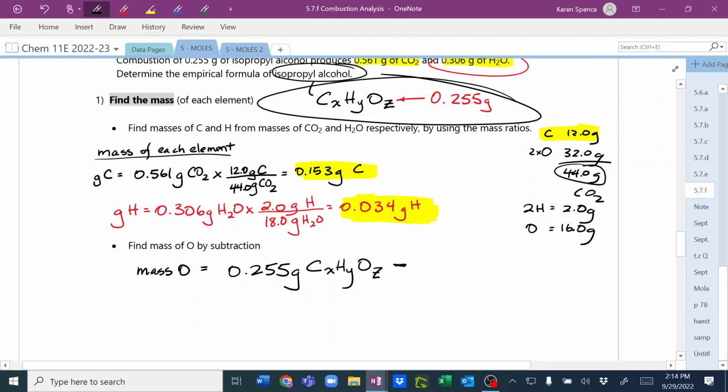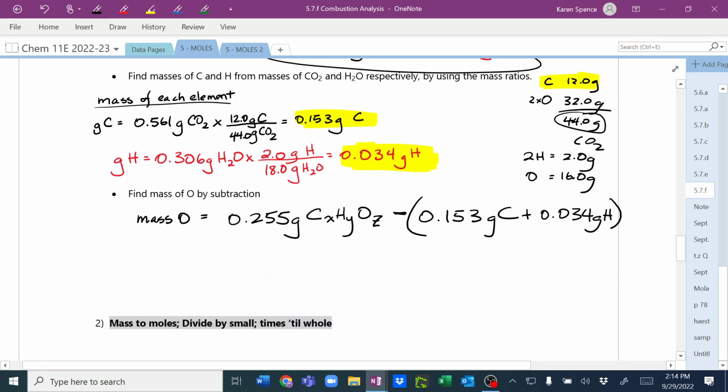And I'm going to subtract 0.153 grams of carbon. Do you guys like doing subtract, or do you like doing subtract bracket plus? What do you like? Bracket plus, okay. Plus the hydrogen, which is 0.034 grams of hydrogen. So I'm subtracting all of that from the mass of the isopropyl alcohol, and we get,